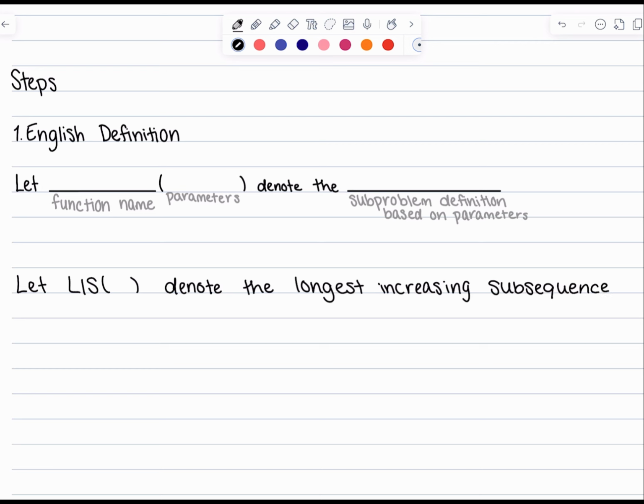Well, we want to find the longest increasing subsequence of some array. And so we're going to keep track of the current index we're looking at, and that's what I'm labeling as i. And that current index is going to be the index we're looking at. Let lis(i, something) denote the longest increasing subsequence of A[i] through n,